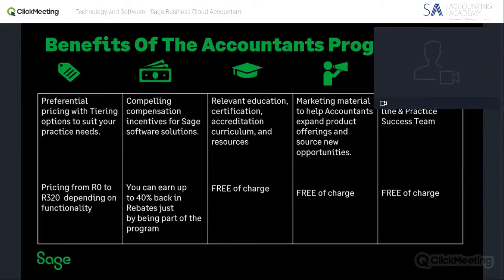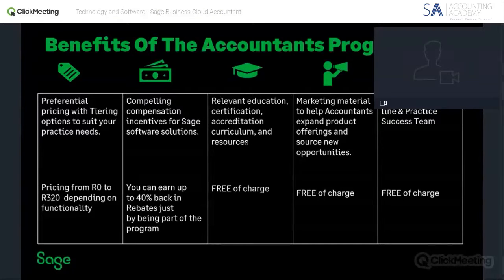So because we know accountants work with a large set of accounts and clients, we've designed a specific program for you not to pay the same amount as an end user, basically, because that would be unfair. You do have a lot of clients that you're working with. So we've adjusted the pricing for our accountants and also adjusted the functionality that you can use depending on the set of books that you are processing for. So it's a really interesting pricing structure. We're the only ones that are currently doing this, and it's very beneficial in the long term, especially for the business, and you don't have to incur as much cost as paying a standard fee for all your clients. So it's been working really well for us.